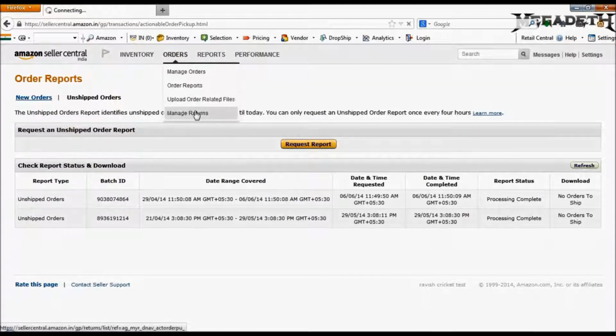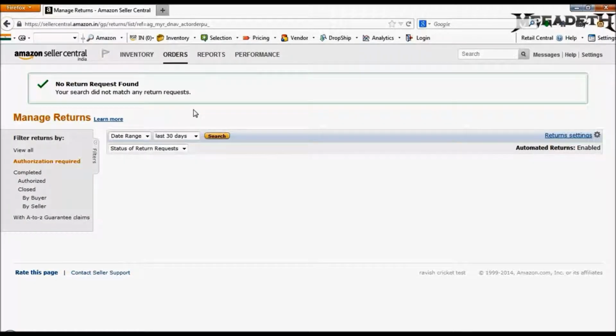Under manage returns, so I said apart from orders, also any return request that you get from the customer side will be handled by the Amazon team itself. You can again go to this particular page, which is the manage returns page, and look at the kind of return request that you have got and what action was taken by Amazon on that particular request. Again, this is everything for your reference and no action is required from your side. Just make sure that the kind of products you send are genuine and they are good in quality to avoid